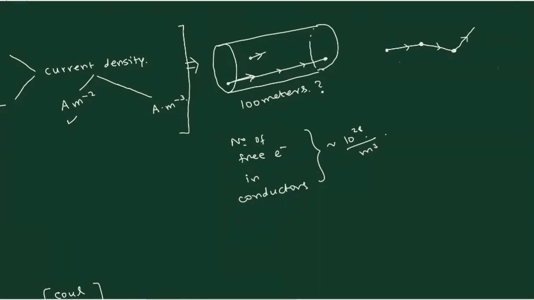And what happens is you are going to calculate the time between one place and the other place where the collision takes place. So you will have an average value tau everywhere. That means whenever a time tau has elapsed, this particular electron will collide with another electron. So that kind of time is what we are going to give the name relaxation time.